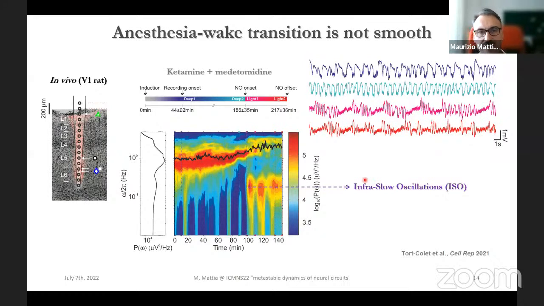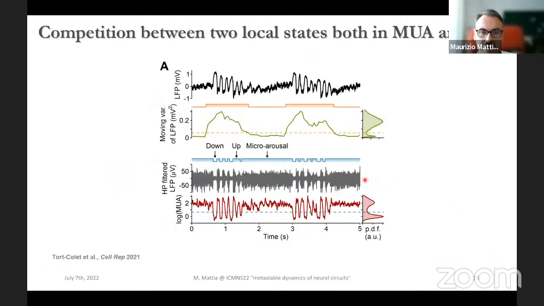Okay, so this is the evidence. These are known as gamma bursts, also observed in humans, and we will see that this is tightly related to what has been observed also under natural sleep. But to make the story short, this alternation between slow oscillation and the desynchronized state is not only observed at the level of local field potential, but also at the level of multi-unit activity. So it's a local firing rate that displays this asynchronous activity, which is named microarousal, because this is very asynchronous, desynchronized as in the wake state, and the slow oscillation. So there is this rather regular alternation.